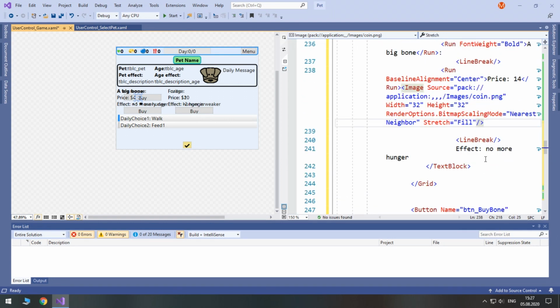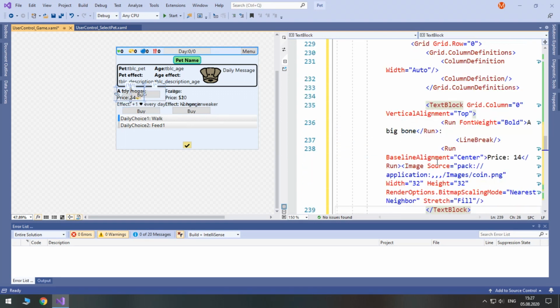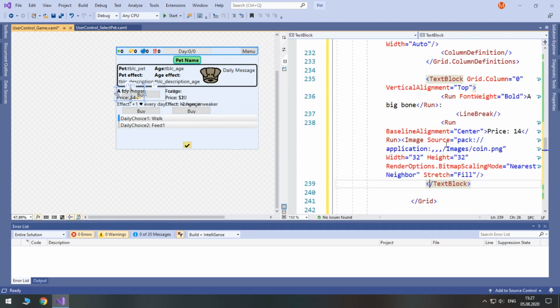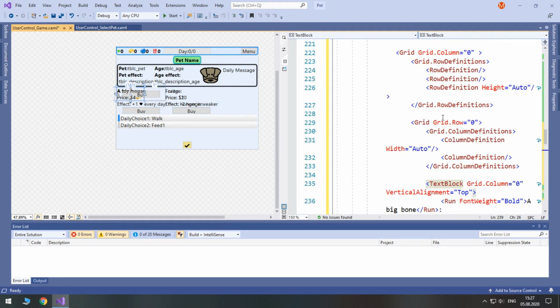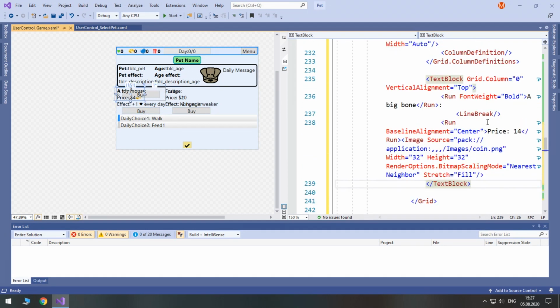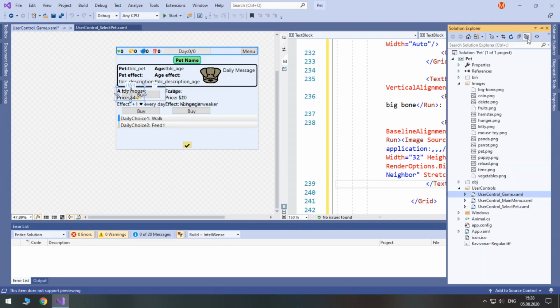We don't need the word effect here, so let's remove it. Instead, this will be the end of this text block in grid column 1, because in the first row out of 3 we created a grid with 2 columns, column 0 and column 1. In column 0, we added description for the item, and in column 1, we will put an image of an item. Again, you can download it from GitHub. I already have them in my images folder, and I only need to include them in the project.